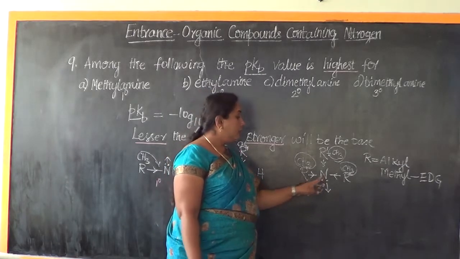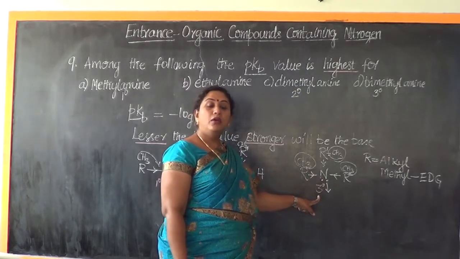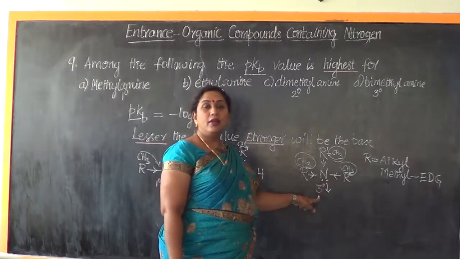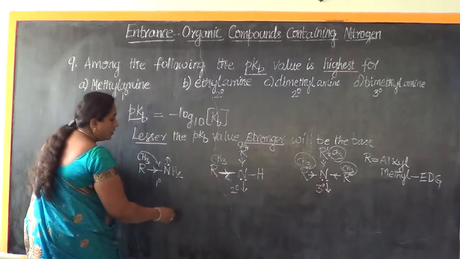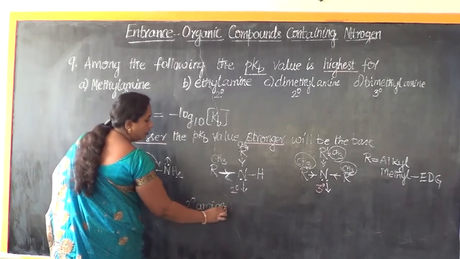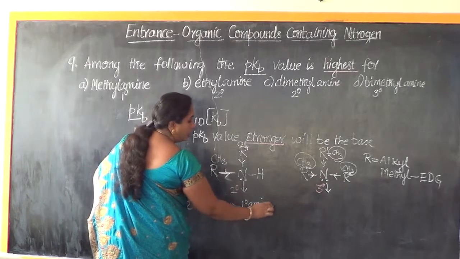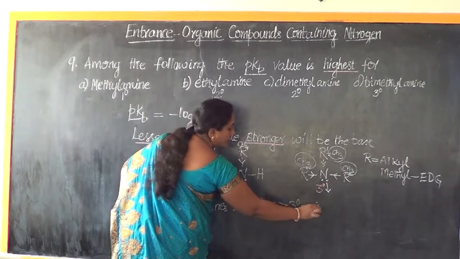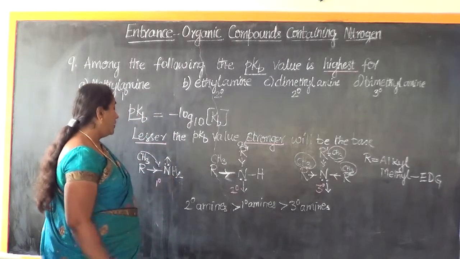Therefore, they will be causing steric hindrance. As a result, the tertiary amine's protonation ability decreases. So, once its ability to donate the electron decreases, naturally its basicity also decreases. So now what is the order of the basicity then? Secondary amines are more basic than primary amines, and primary amines are more basic than tertiary amines. Then tertiary amines will be more basic than ammonia. That will be the last in the order.